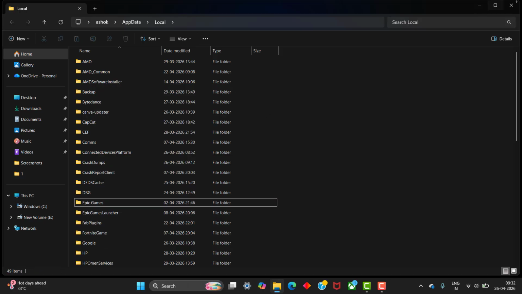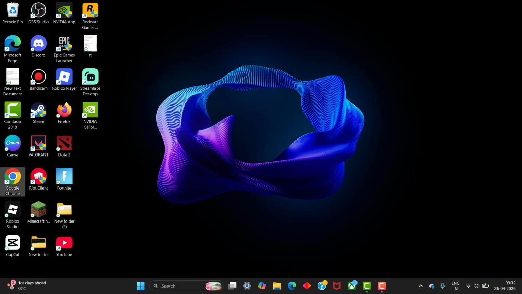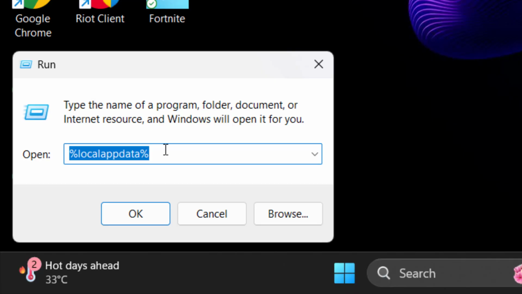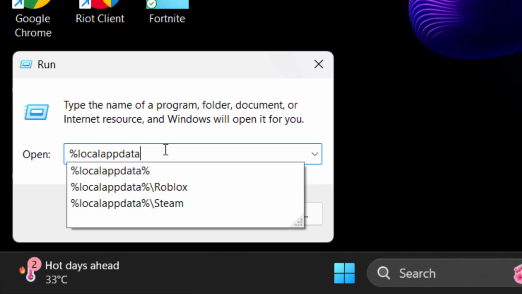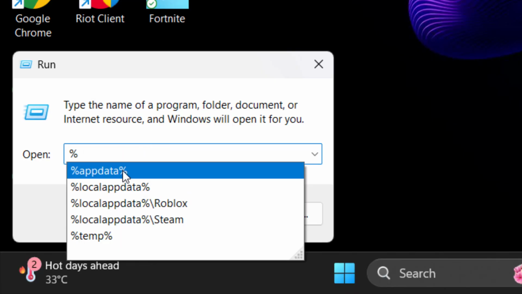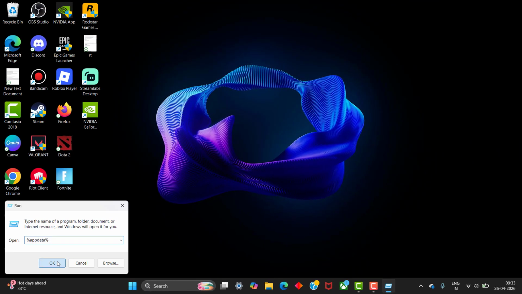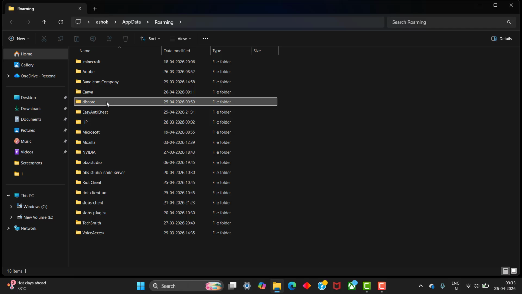Once it's completely deleted, go back and again search for Run, and this time you need to type %appdata%. Before, you searched for local app data; now you need to type app data. Click OK. Here also you need to delete the Discord folder. Once completed, go back